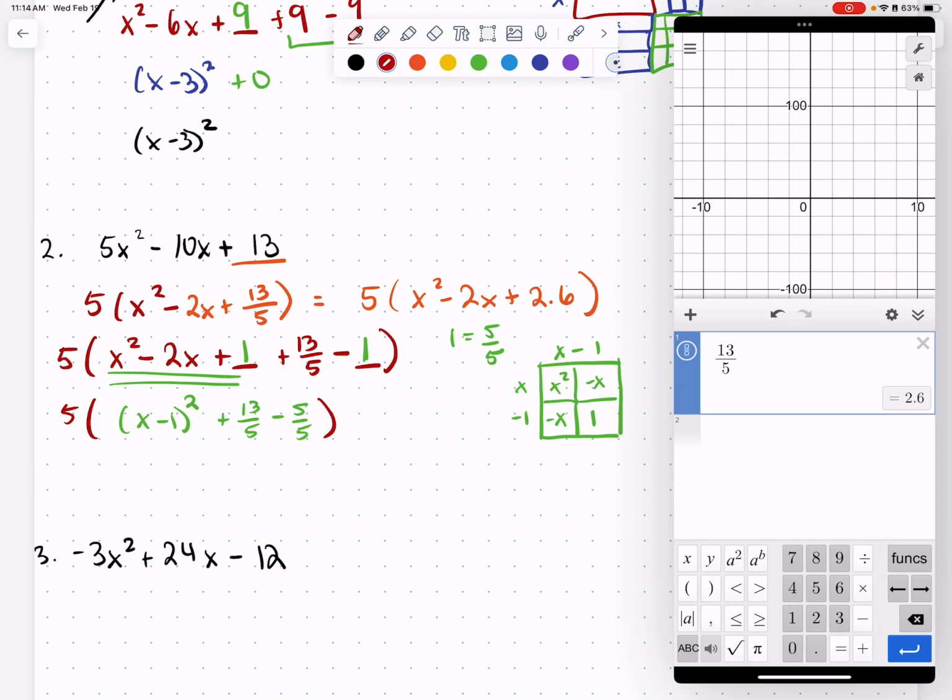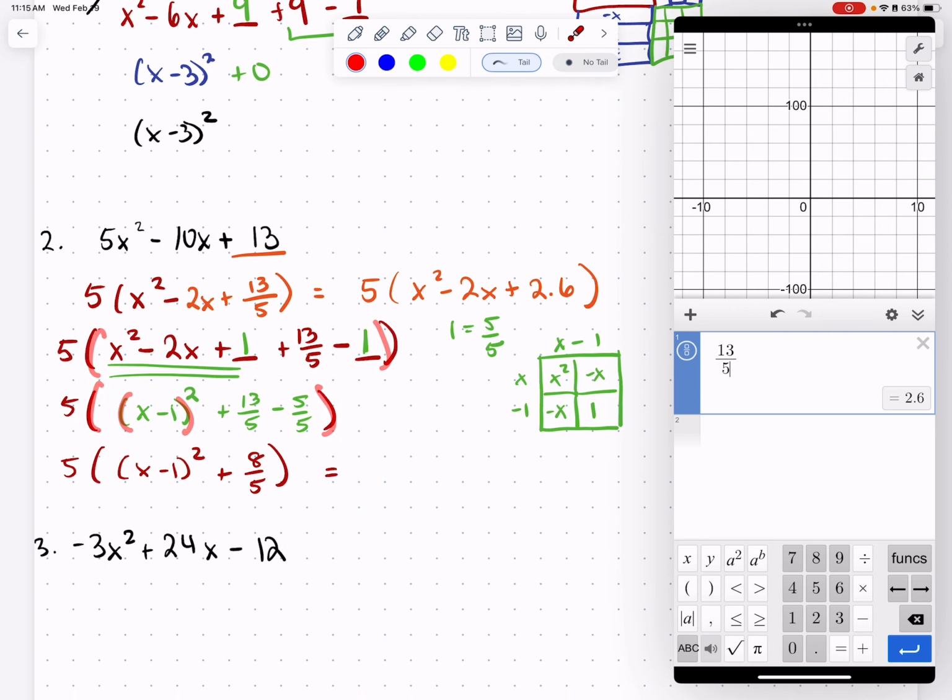and we'll see that we have x minus 1 quantity squared plus, take away 3, take away 2, so I'm looking at 8/5. And then the final step is to multiply our 5 back in. Notice how I use these extra parentheses at every step. Even when I made my perfect square, we started with 2 sets of parentheses so that we remember that the 5 was pulled out of all 3 terms. So the 5 needs to be multiplied by all the terms